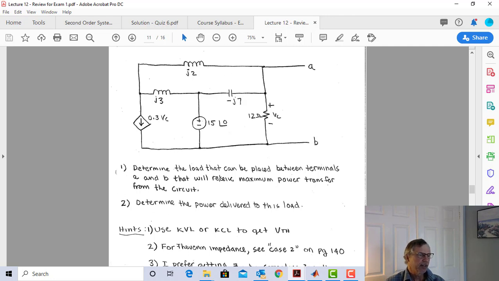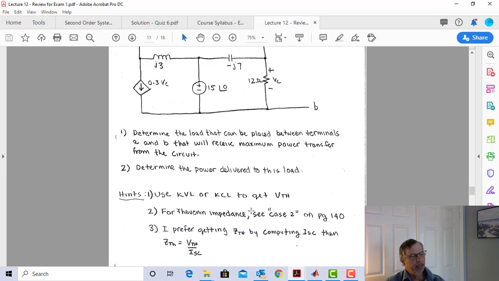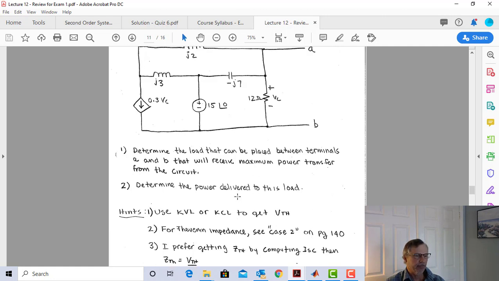So in this case, we wanted to find the load that we could place between the terminals, and then we want the power delivered to the load. So our strategy is use KVL or KCL, do whatever you have to get V Thevenin. And for the Thevenin impedance, you can go in our textbook, Alexander and Sadiku, I believe this is for the